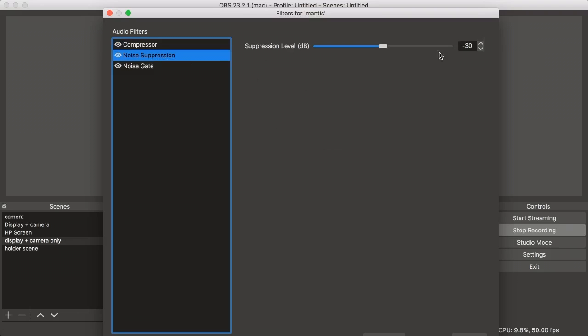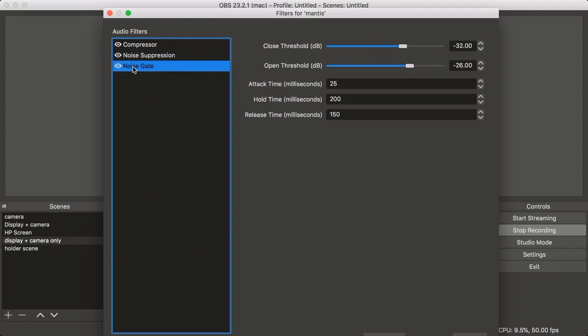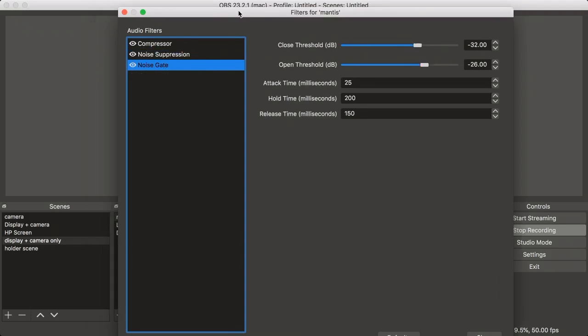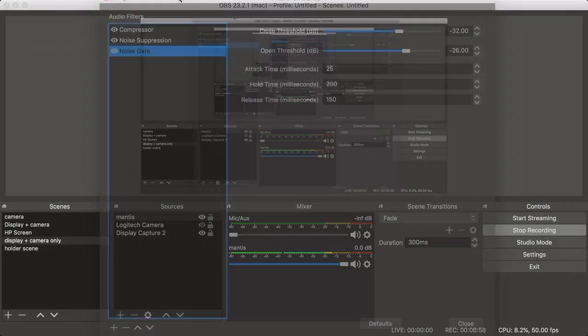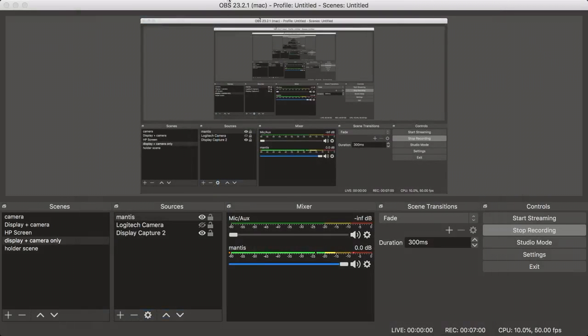Also noise compression to -30, and the noise gate here, this is the important part. This is what lets some background noise not go to the microphone. So this is what I use, and then when I have this ready, I can go and use normal